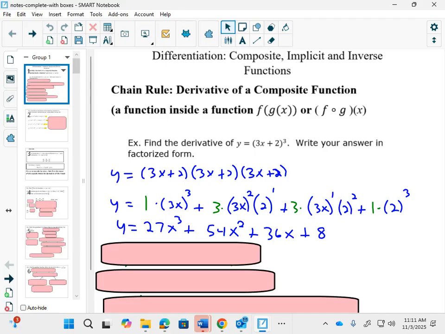In this form, it's just a simple power rule derivative. No problem. But if I had the same question and instead of an exponent of 3, I had an exponent of 7, I might get a little frustrated. And I might say, I wish there was a shortcut. And what we've been discovering in calculus is most of the things, if you wish there's a shortcut, there probably is. So we're going to find the shortcut